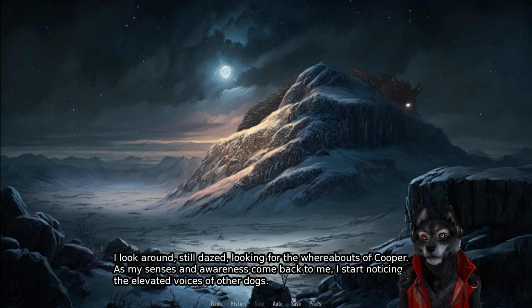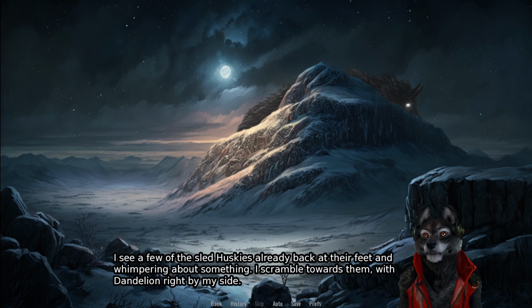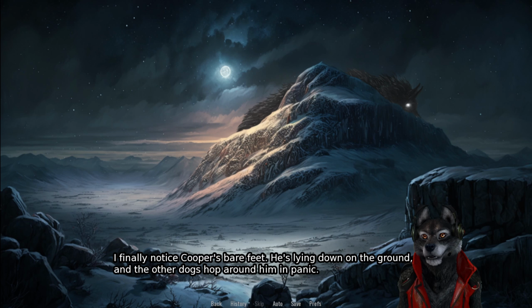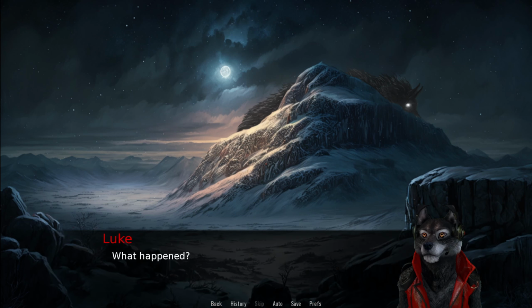As my senses and awareness come back to me, I start noticing elevated voices of other dogs. I see a few of the sled huskies already back on their feet, and whimpering about something. I scramble towards them, with Dandelion right by my side. I finally notice Cooper's bare feet. He's lying down on the ground, with the other dogs hopping around him in panic. Oh no. What happened? Human, what are you...